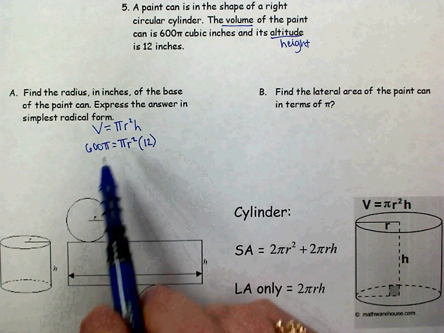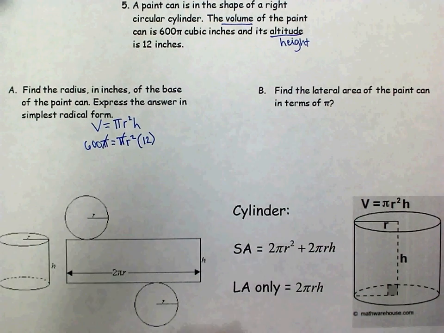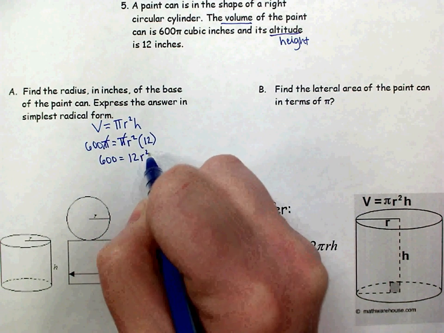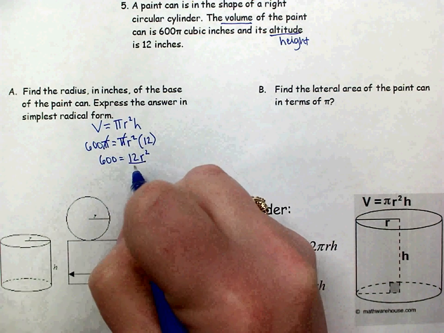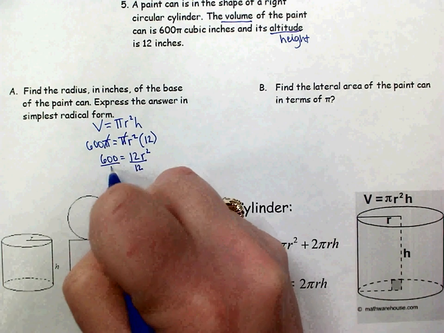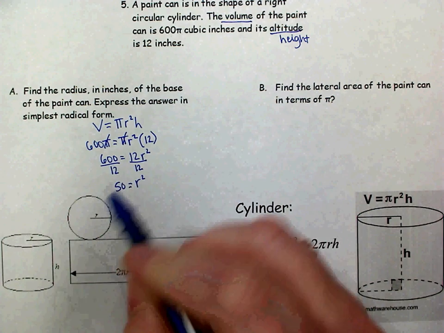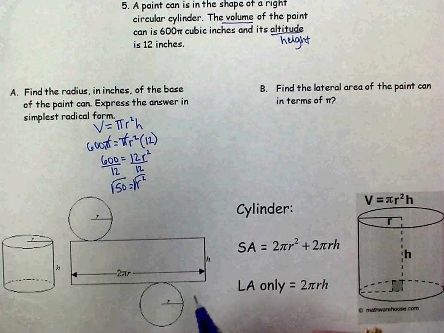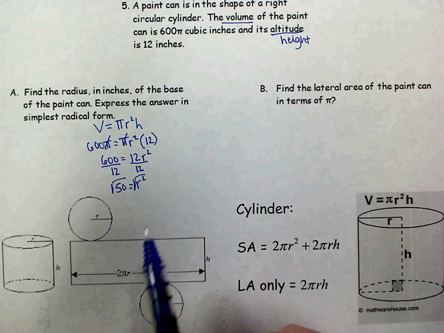Again, I notice I have pi on both sides of the equation that I can divide out. So now I have 600 equals 12r squared. I can get the r squared isolated by dividing both sides by 12, and I get r squared equals 50. And I know I can undo squaring by taking the square root. 50 is not a perfect square, so I don't just get a nice little integer,